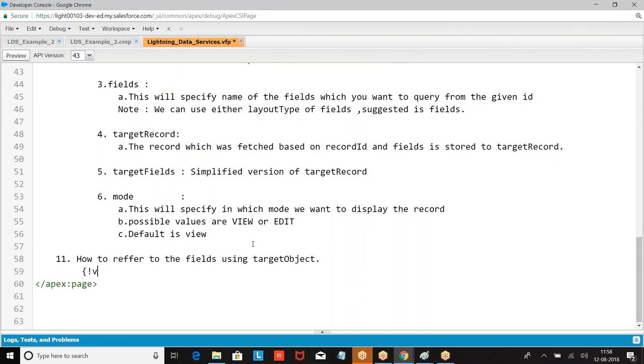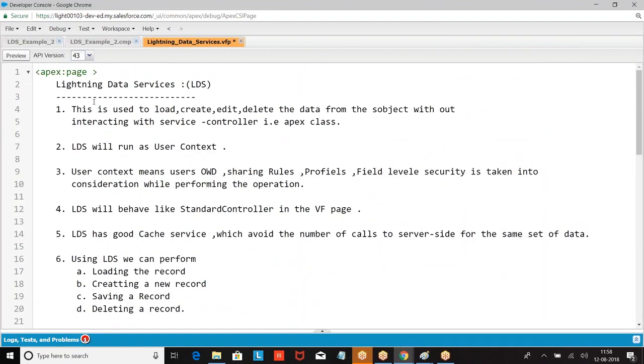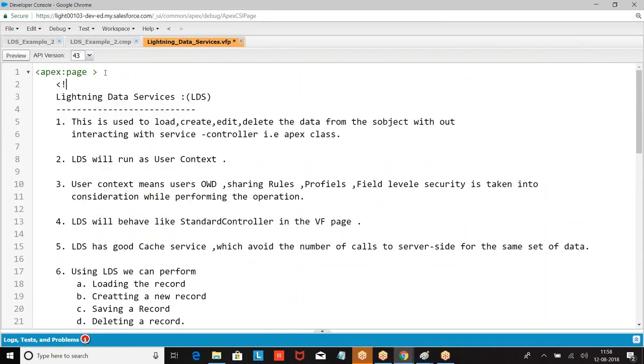So look at this: v.targetObject.fields.fieldName.value. This is how we are supposed to give.